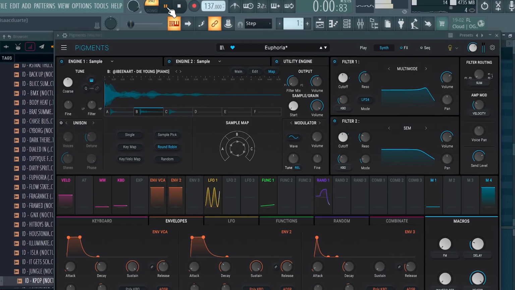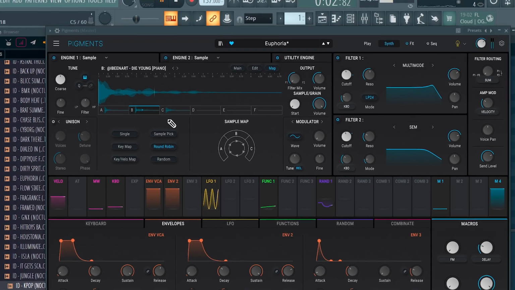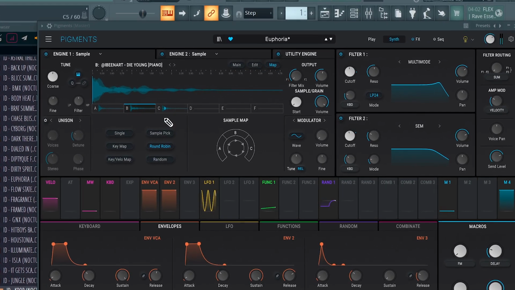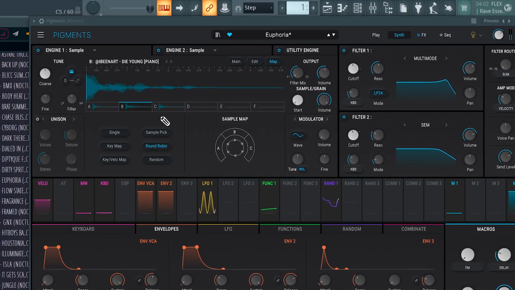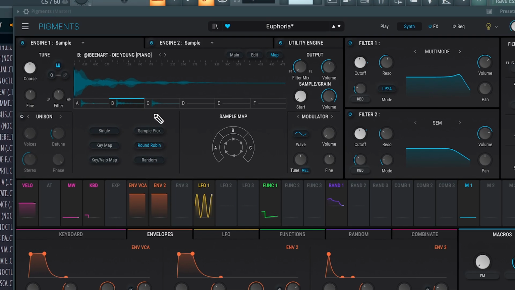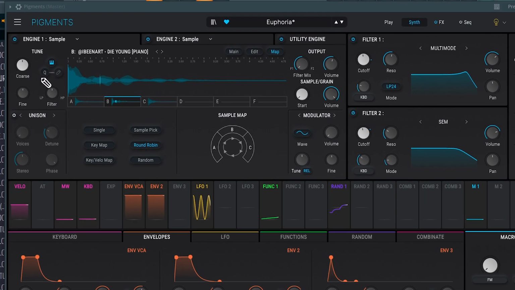I highly recommend you just experiment with different one-shots. It's really a trial and error type thing because they all sound different and you really can't duplicate the same sound. Hold on, this is a perfect example of why you won't get the same sound each and every time. This is one of my favorite ones that I've ever made. So much texture. And if I bring it down 12 notes,